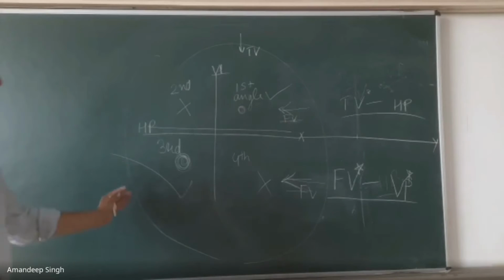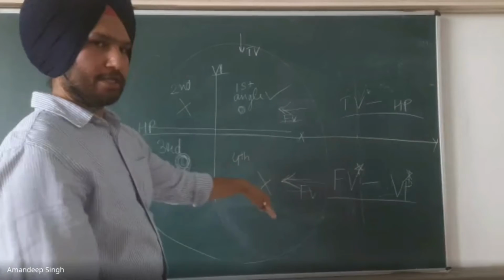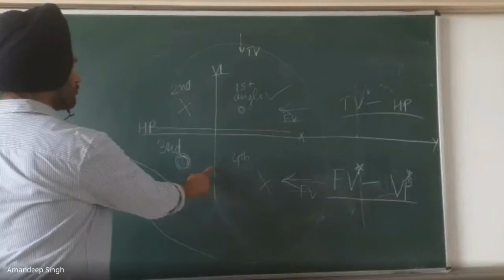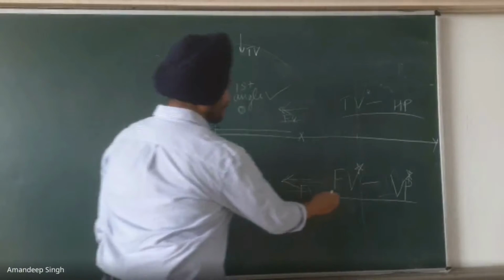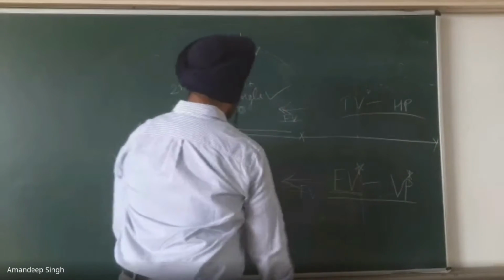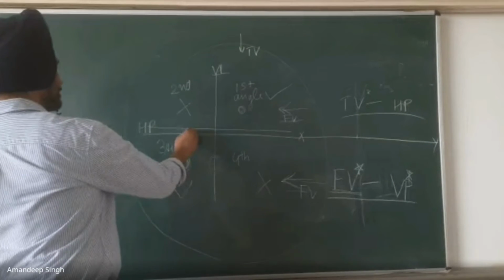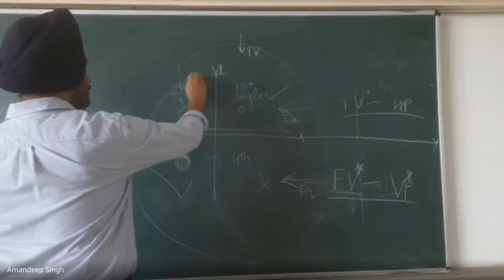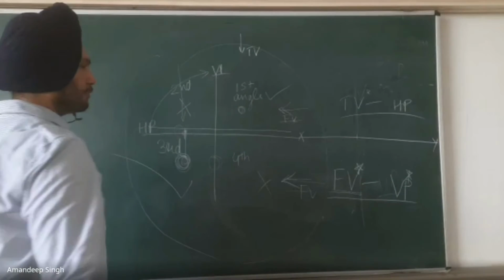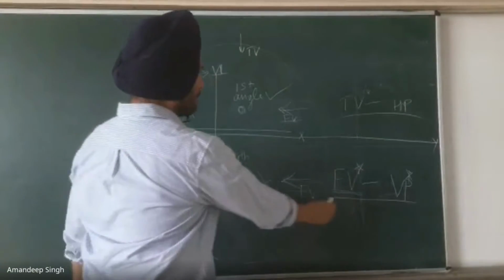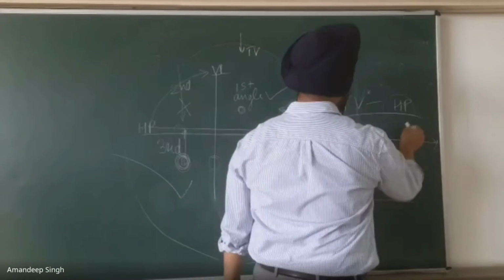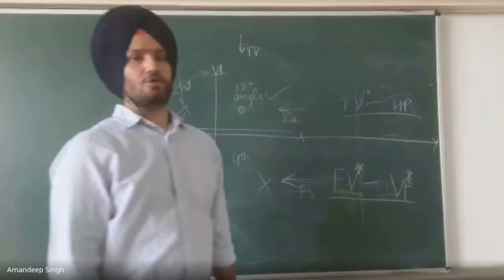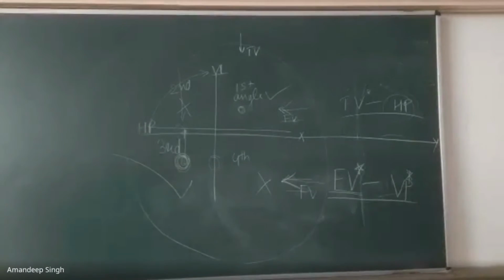That is why when you make the final drawings with respect to a reference line, the front view is projected on the vertical plane seen below the reference line, and the top view is projected because the projection comes here and we rotate the horizontal plane. So this takes the position above the HP, takes the position above the reference line, and thus we have the top view above the reference line.